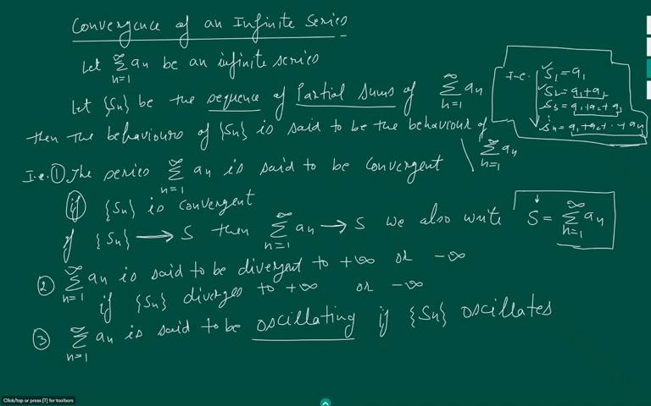And notice that when we write S is equal to the sum of an, n varying from 1 to infinity, it actually means that the series an converges to S, and the series an converges to S means the sequence of partial sums converges to S. So I hope all these definitions are clear to you. Now we move on to another important result. So we have a small theorem here